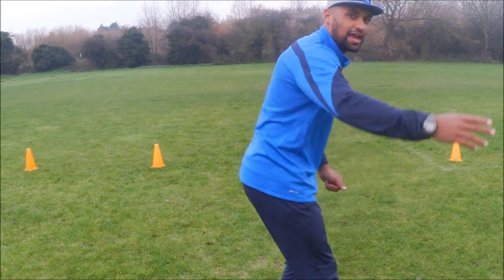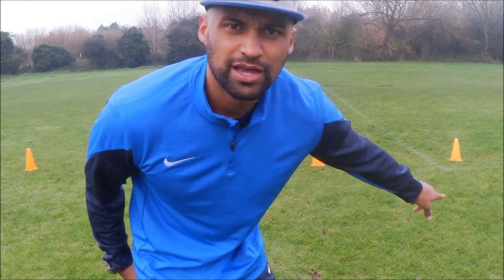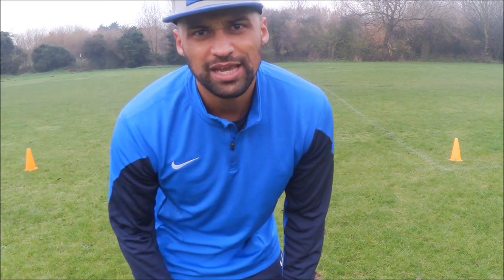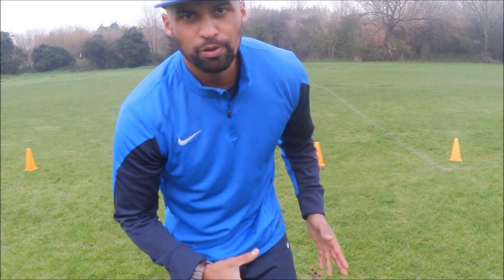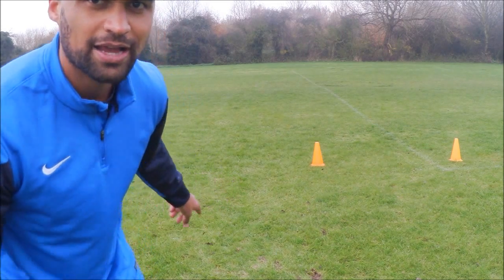So he's running here, looking at the ball. He can't see you're running behind him. Alright? It's a real clever run, and it takes pressure off your team. Alright? It's a real good ball to play. Alright? In behind the fullback, you make your run, pull off to the furthest centre back, I used to pull off,